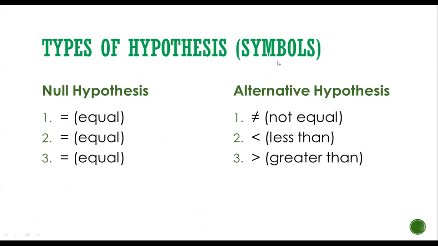Right. So aside from the summary, I had also summarized the symbols that we'll be utilizing. Of course, your null hypothesis, paulit-ulit kong sinabi, no difference kanina. Therefore, we will just utilize one symbol, which is your equal sign. So sa alternative hypothesis, there is a difference. Not equal kung non-directional. Greater or less than kapag directional.